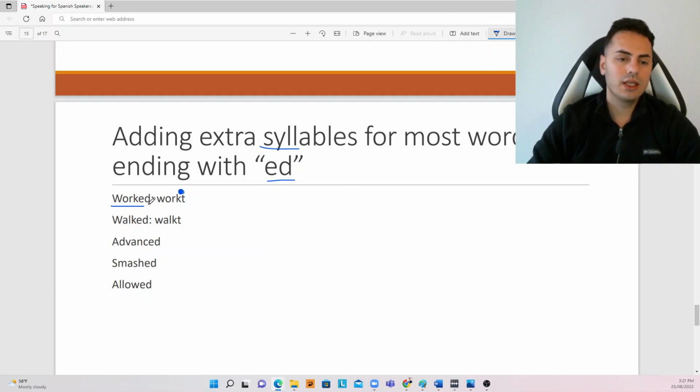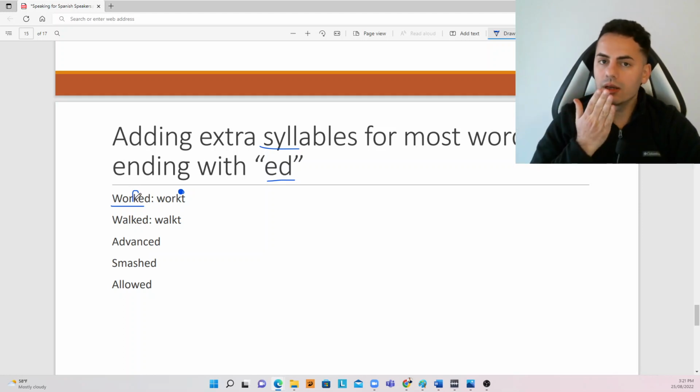You would ask me, okay, what is the rule here? Probably because the K here is an aspirated sound. So I can't move from K to D. It's very hard. So I'm going to link it together and just keep everything aspirated from the K to the T. So that's why I say worked, or walked. Here it still sounds as D,